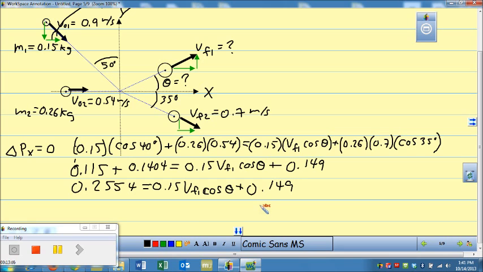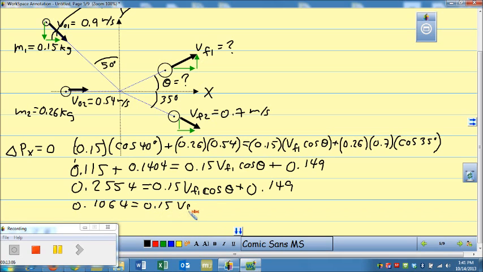So I'm going to subtract 0.149 from both sides. And I have 0.1064 equals